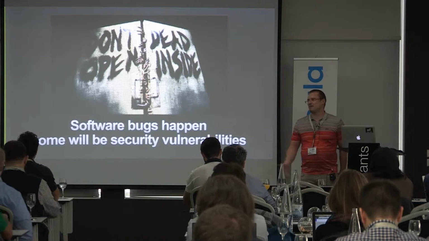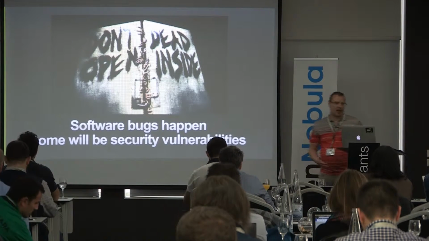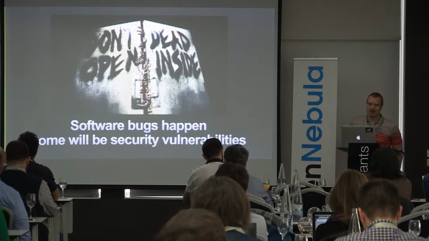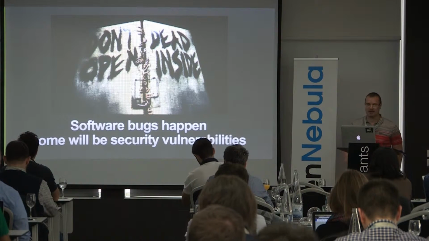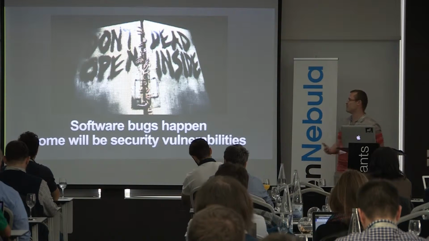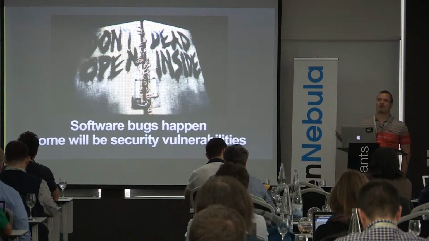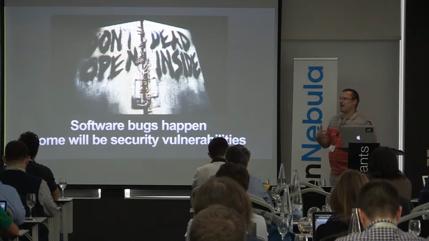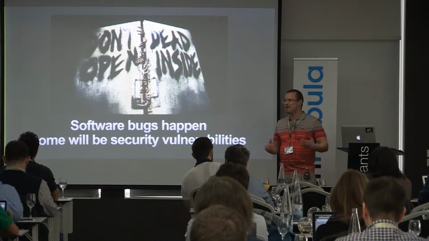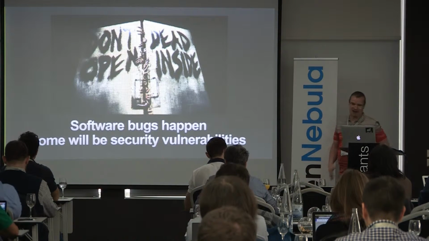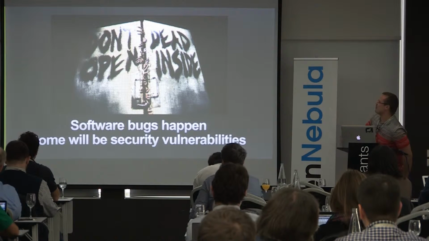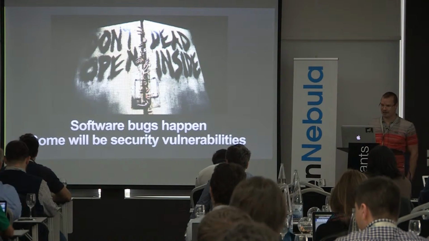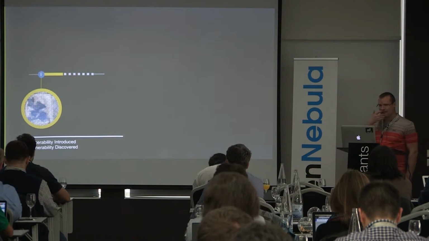fundamentally, software bugs happen. There's no way around it, and some of them will be security vulnerabilities. And the way I tend to think about them is really using a zombie analogy, right? A software vulnerability is fundamentally a weakness in your software, and the hackers are trying to break your system. They're your zombies, and that will run a little bit through this presentation in terms of imagery and analogies and so on. So to just set the scene a bit, right?